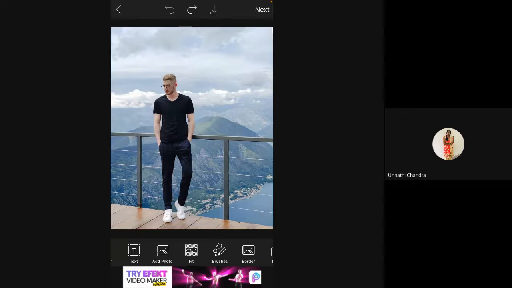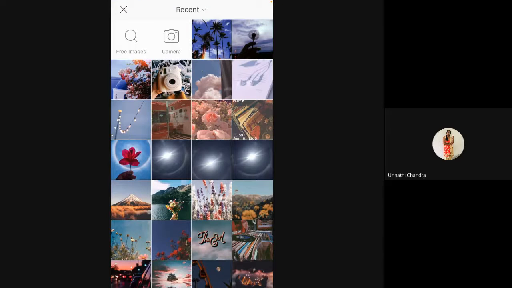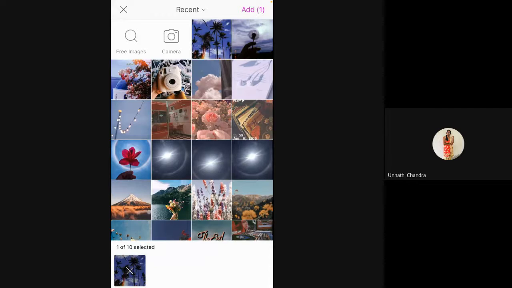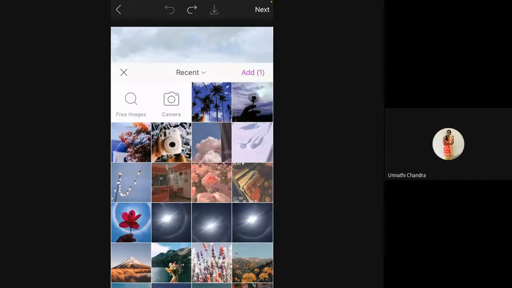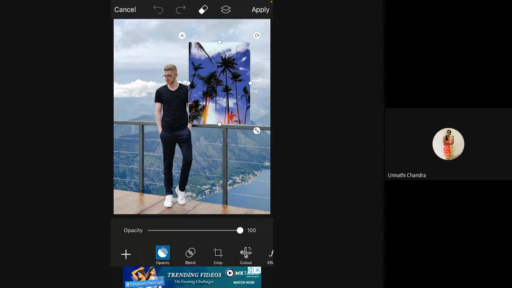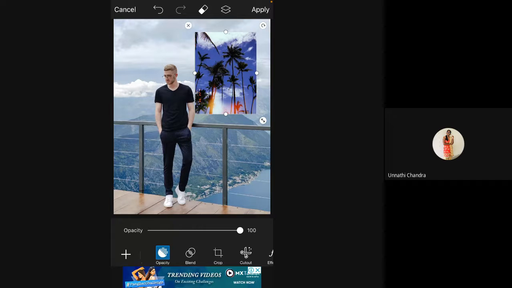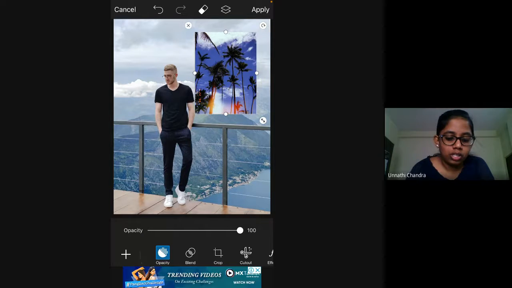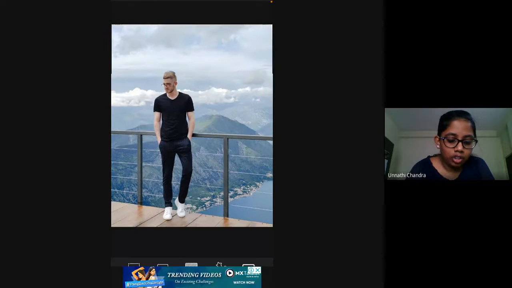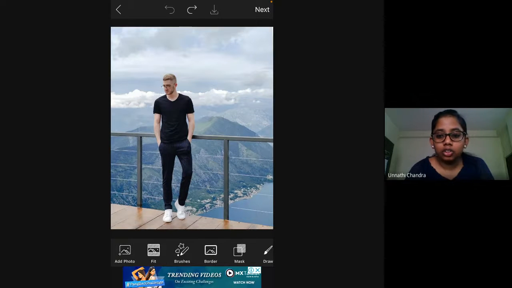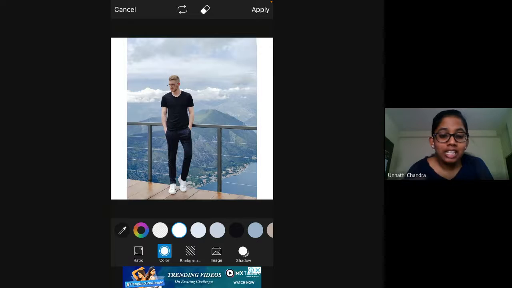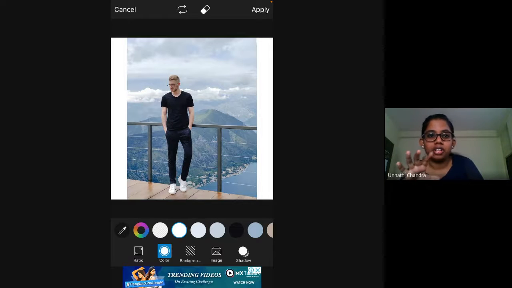Okay, so add photo is you can just add another photo in the photo itself. You can add one or two, any number, and you can just put them all. Like, say the first chosen photo is a background. You can choose that background, and on that you can place different photos. And then you have this option called fit. This is useful for Instagram posts or your WhatsApp DPs. It's very useful because usually the WhatsApp display picture has only a 1:1 ratio, and even Instagram posts are 1:1.